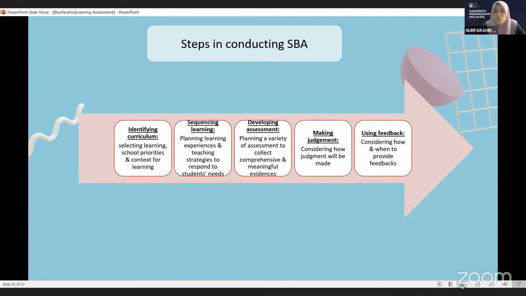Next is to design the assessment, the one I have been talking about in earlier steps, on how best to design assessment according to targets, according to constructive alignment, and making judgments. And lastly is to use the results of the assessment and communicate them to the students as feedback,